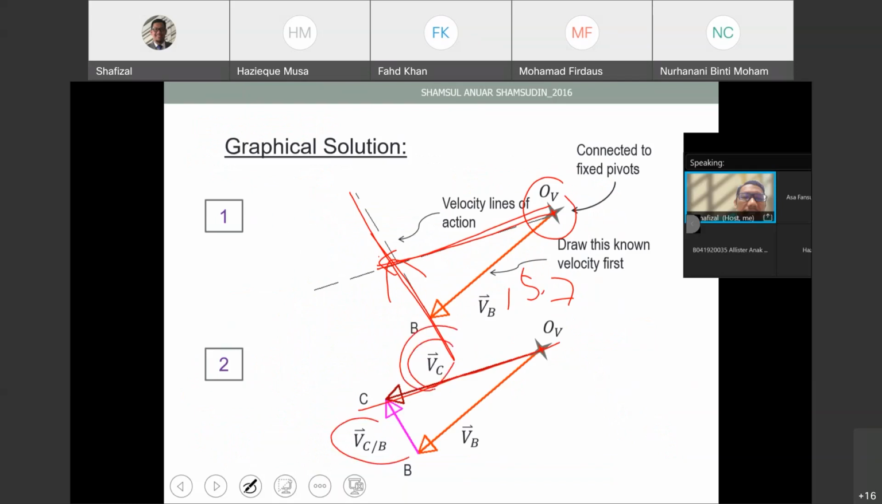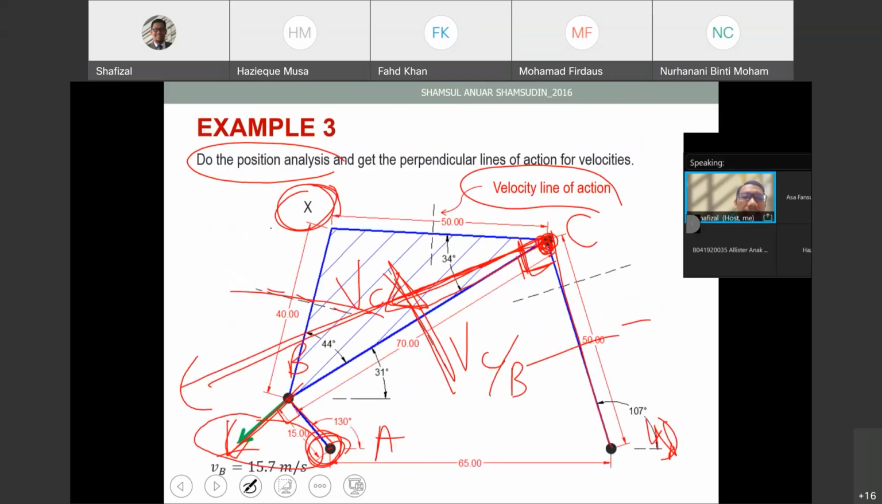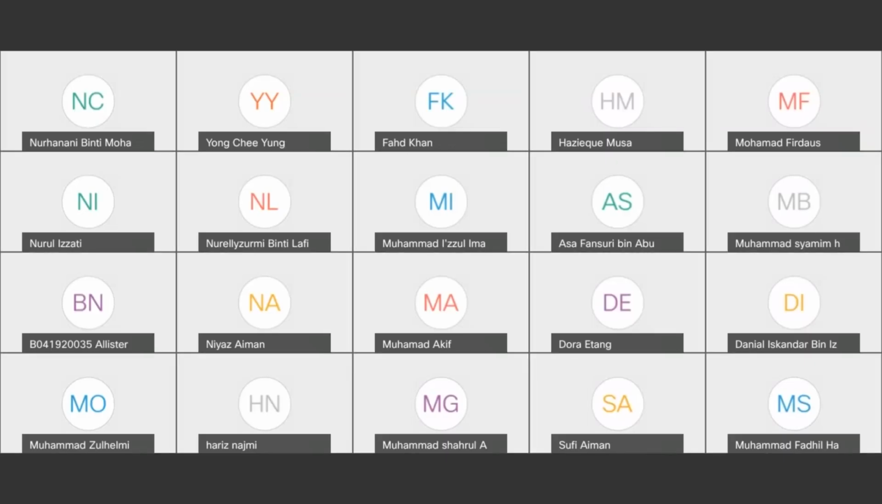For VC, we can simply measure. Okay, this is the graphical solution. You just measure the length of VC. Alright, now we have VC, we have connected this, and we want to find the velocity at X. Right, at X we're going to find the velocity of X. The point of interest for this case is